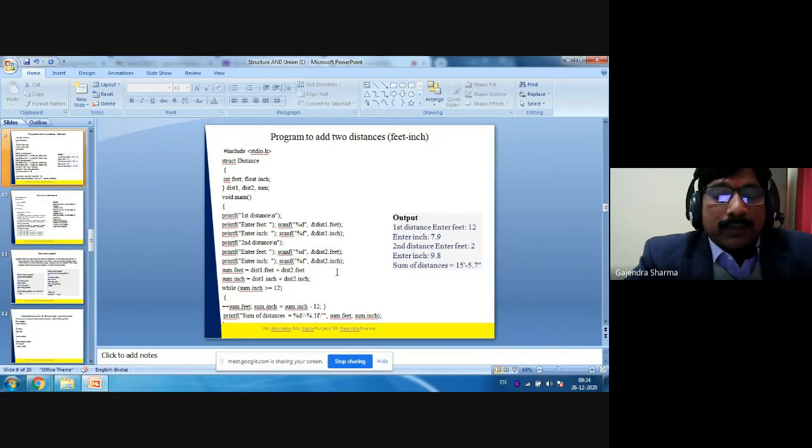Right. So we want to calculate the sum of inches and feet. So we have another variable: sum dot feet equals distance 1 dot feet plus distance 2 dot feet. And another formula is sum dot inch equals distance 1 dot inch plus distance 2 dot inch.